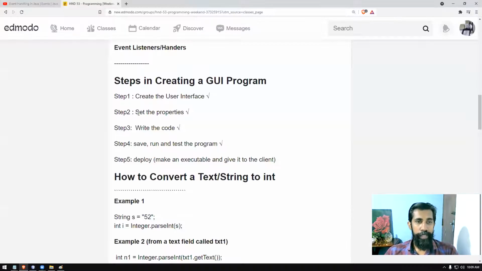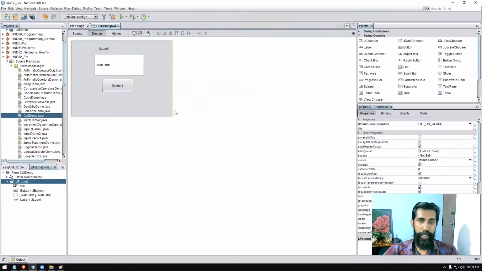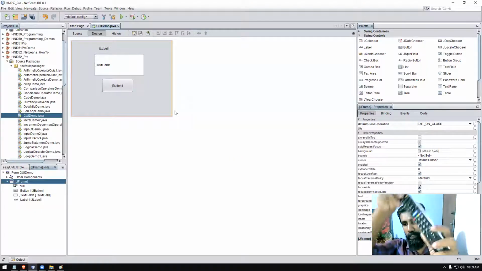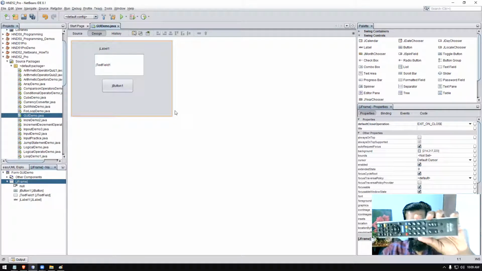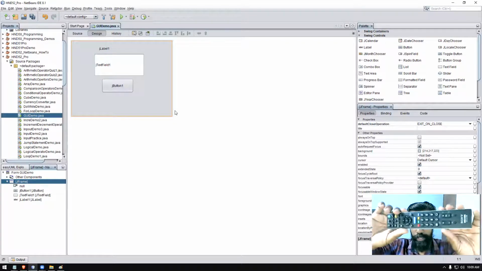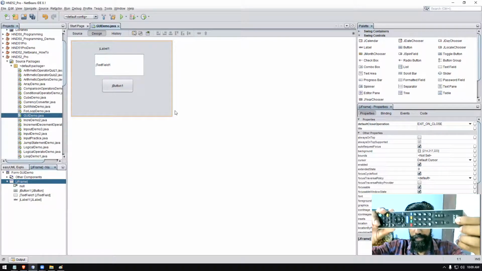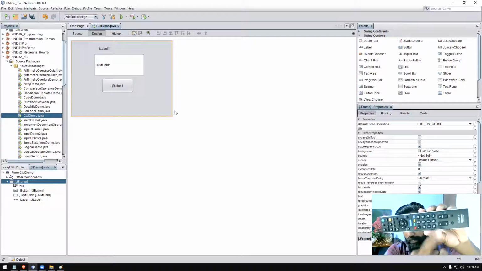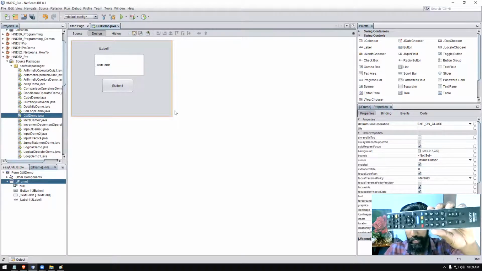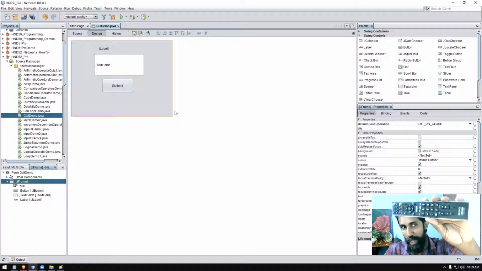Now, step 2 is set the properties. For example, if you take a look at this remote controller, it says it is Sony, right? It's a Chinese one. We just bought it again, because the original one was broken. So it just says Sony brand is there. Then you can see these buttons are having labels on them. Actually they have a shape, a size, a color, a material, and so forth. So in our components also, we have a label, text field, and a button.